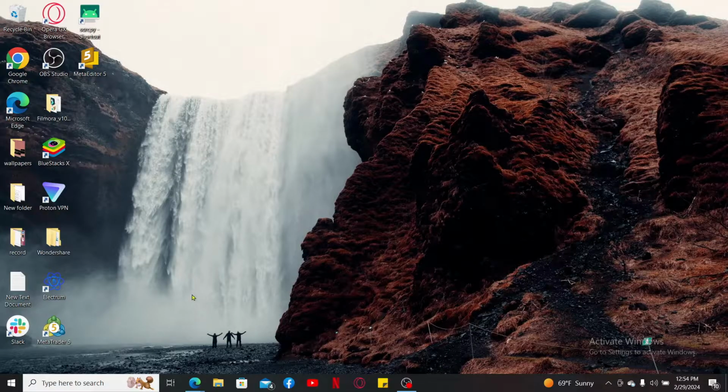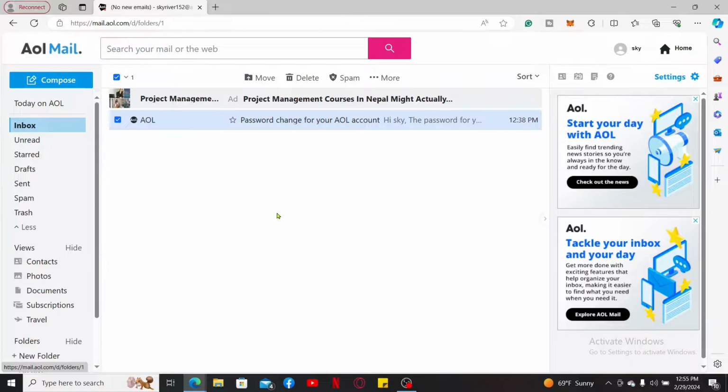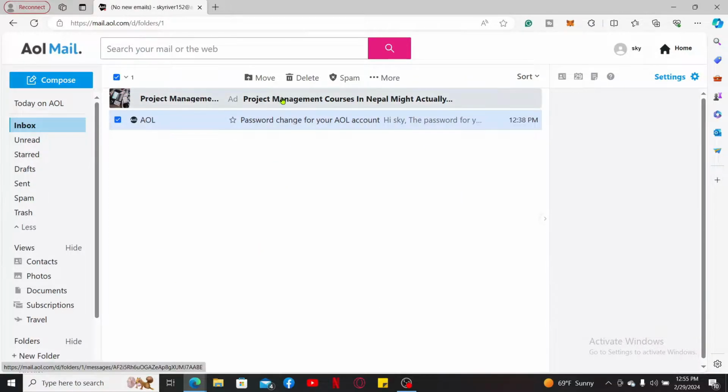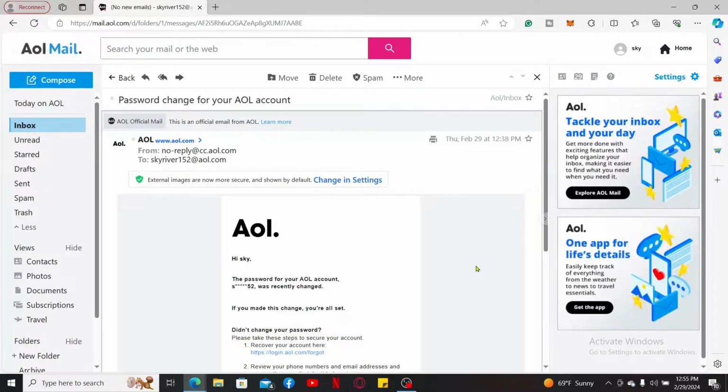First of all, open up a web browser and log into your AOL mail inbox. Once you are logged into your account by entering the correct credentials, go ahead and open up the email from the sender you would like to block. Once you are done opening up your email, go to the top of the screen and click on the More